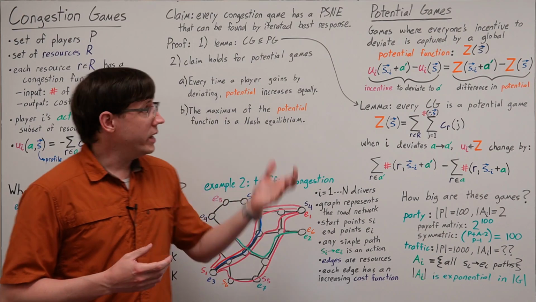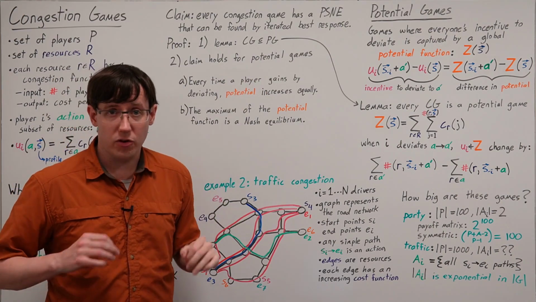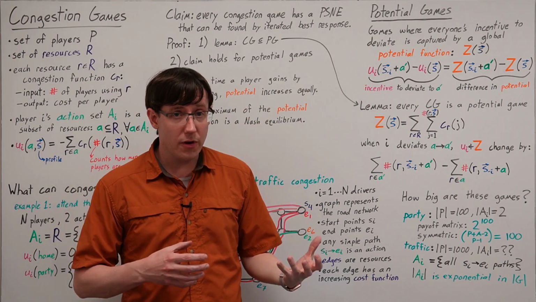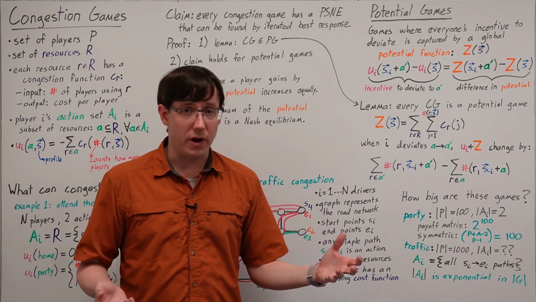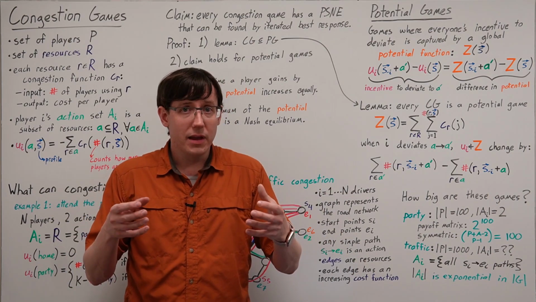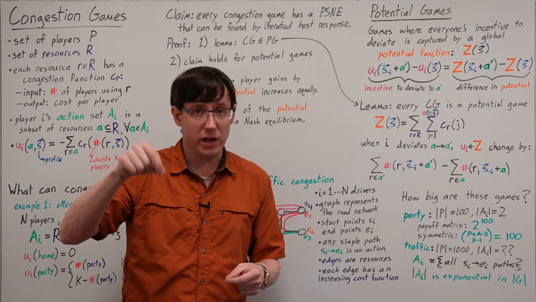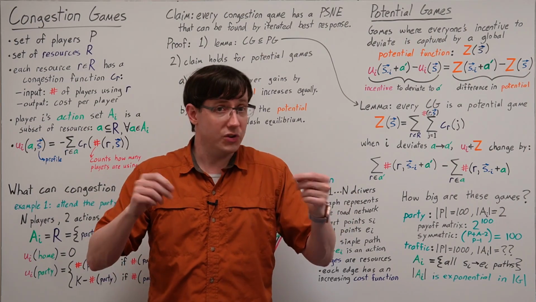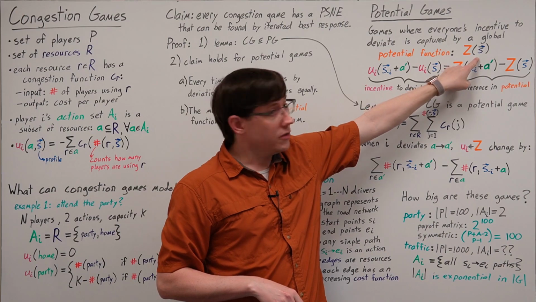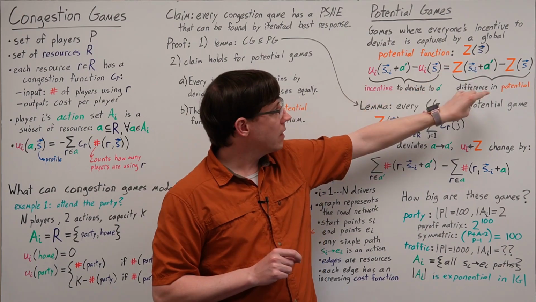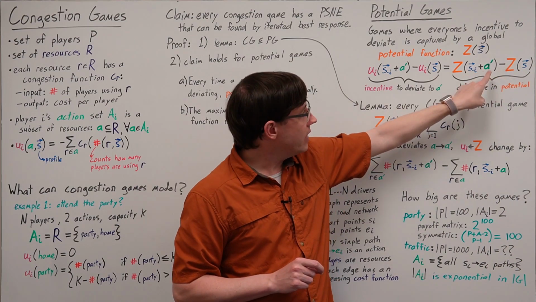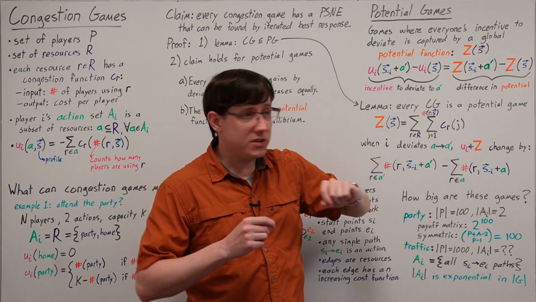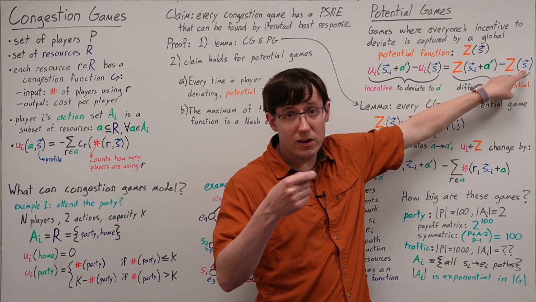But to prove this claim, we need to think about another definition of potential games. A potential game is one where there is a potential function that we can apply to any profile, and that potential function, despite only outputting a single number for each profile, will capture all of the information about any player's potential deviations. So this function gives us a number for any profile, and if we compare two profiles that differ only by one player deviating,